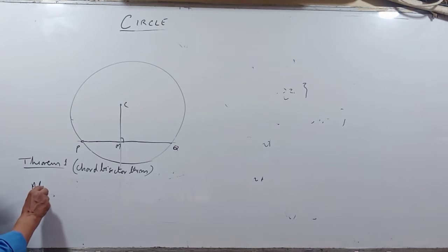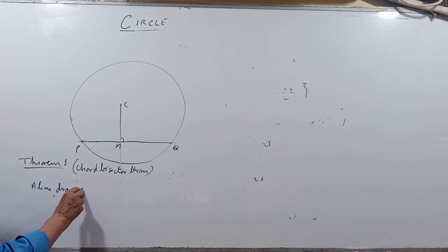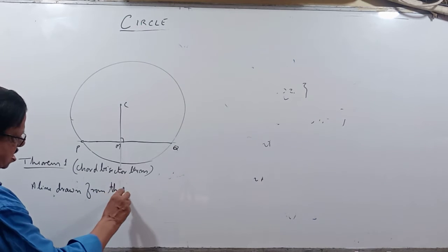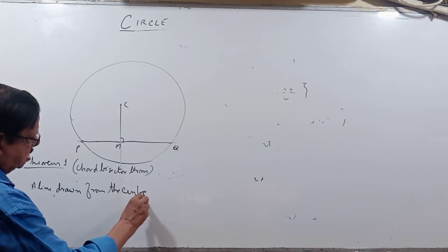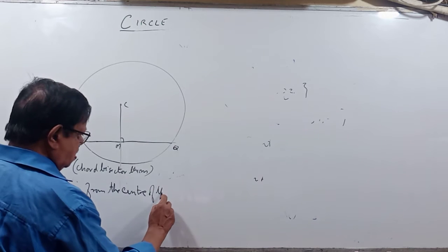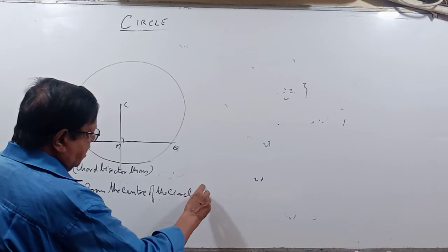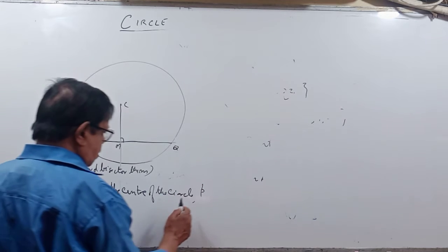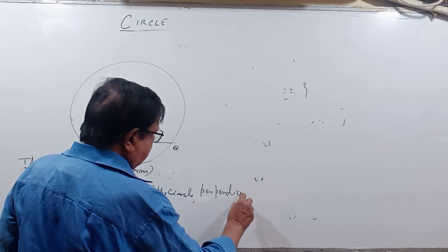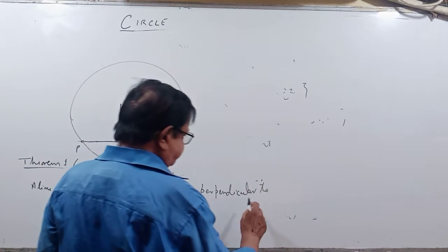A line drawn from the center of the circle, center of any circle, perpendicular to any chord,